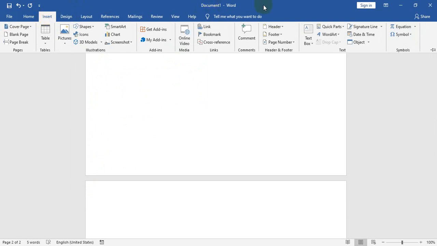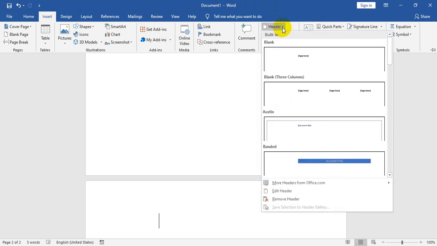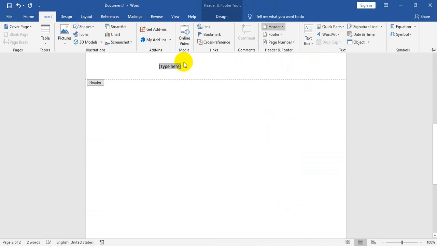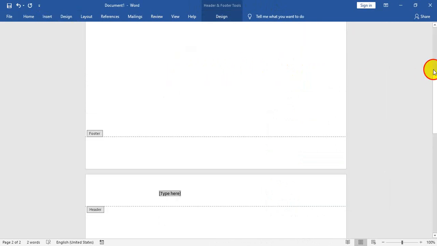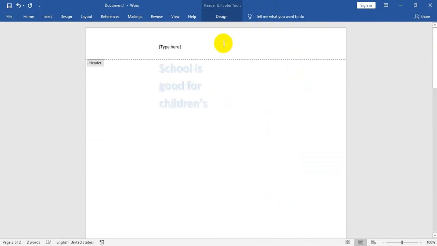Another important point is header and footer. For example, if you click on header, click on the blank one. The header is the part which will display on every page.